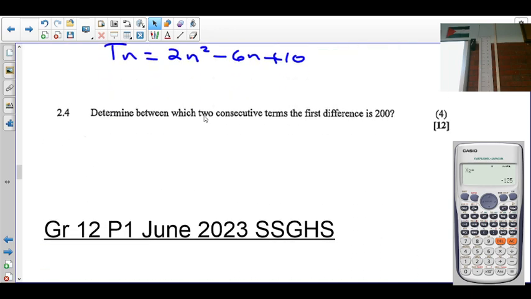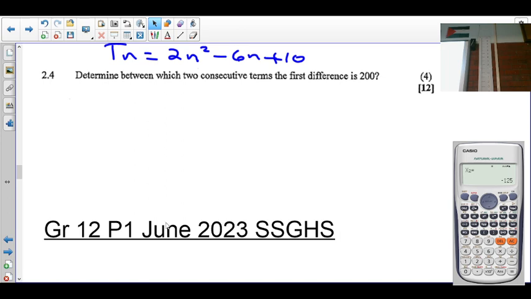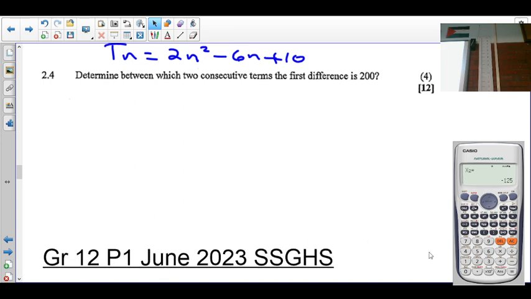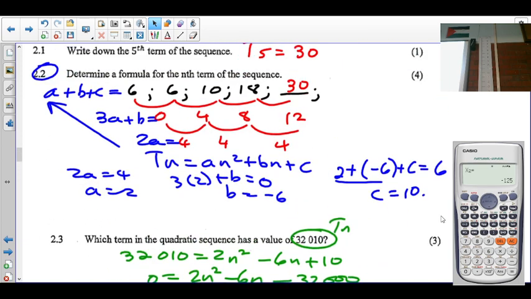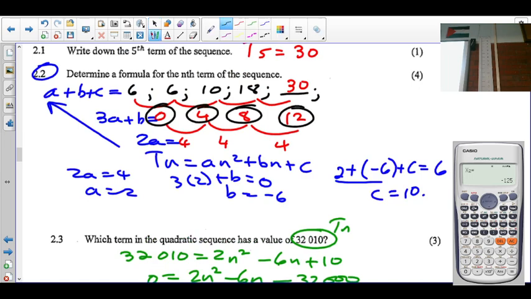Then they want to know, remembering that is a general term, determine between which two consecutive terms the first difference is 200. So the first difference, people, is we have subtracted 2 terms. Not so. So these are the first difference here. This is your first difference. So one of 2 ways I could have approached this. I could either work out the general term there and then set it equal to 200, then work back, 1 back. Or I can just use